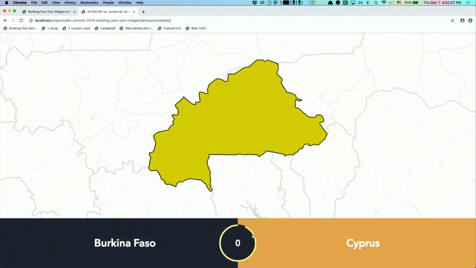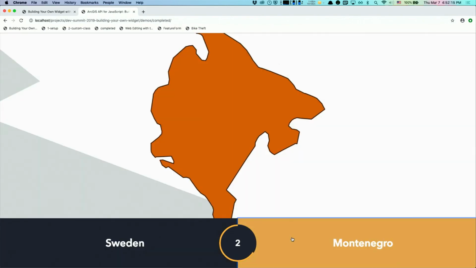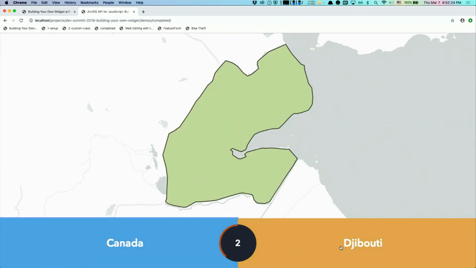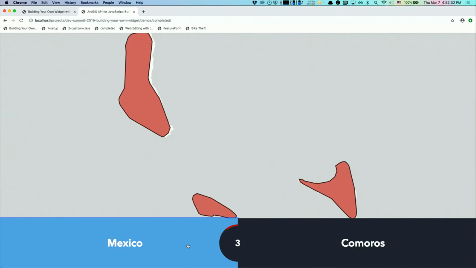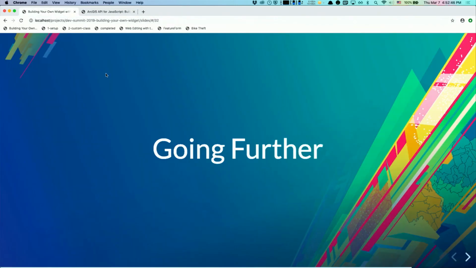So now we have this timer count using the countdown that's coming from the ViewModel. Whenever we select a choice, it's going to apply the correct CSS classes to mark it as correct or incorrect, and show the proper icons, and keep the same thing. It's going to keep track of my points, and then once this game elapses, it's going to go to the game over screen and allow me to either retry or quit entirely. So once you have the base there, you can add a little bit more polish and make it look more like what you originally wanted it to look like. So with that,